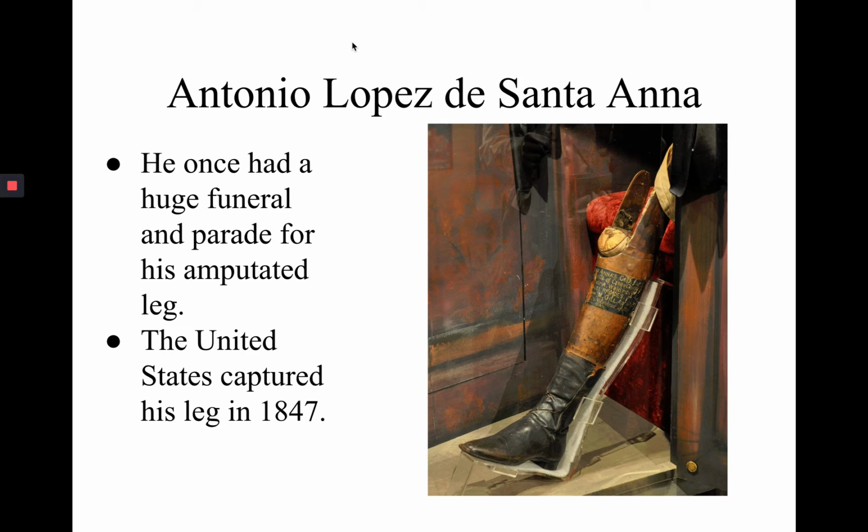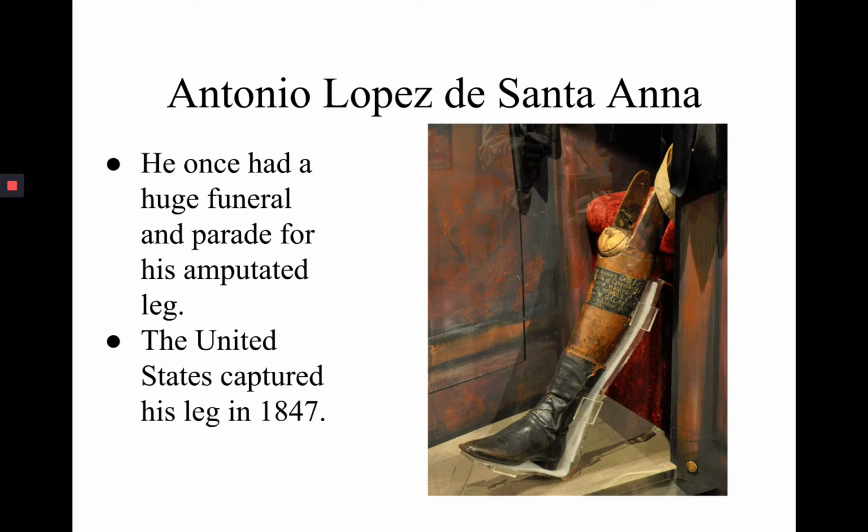So the story goes like this. 2 years after the Battle of the Alamo, which we'll talk about in Texas, in 1836, Santa Anna actually gets in a battle with the French when the French invade Mexico. Santa Anna gets severely wounded by a French cannon in his leg. So he's a president, he's also the general of their army. He gets wounded in the legs, and doctors are forced to amputate his leg, which Santa Anna then buries. He buries his leg back at his home, his estate in Veracruz.